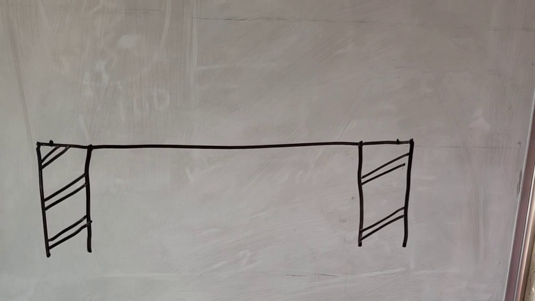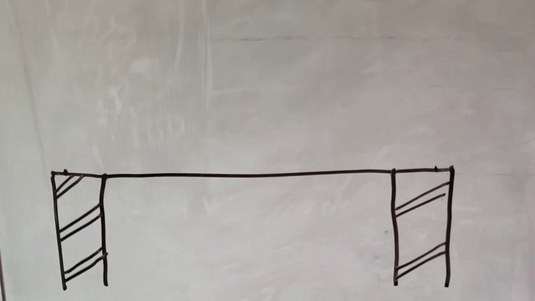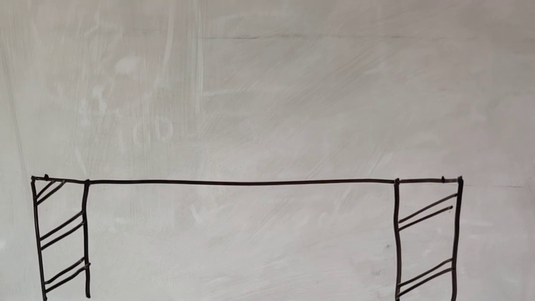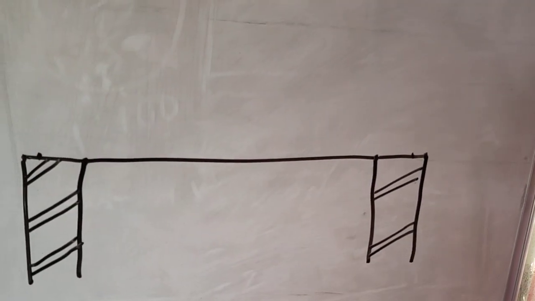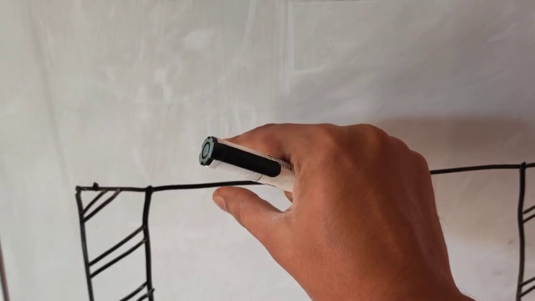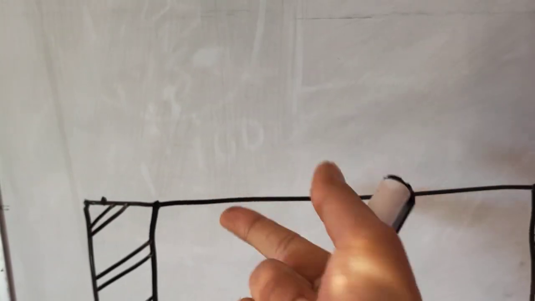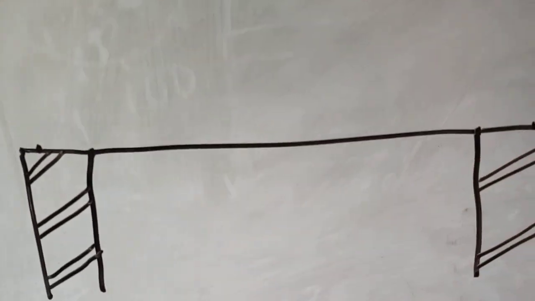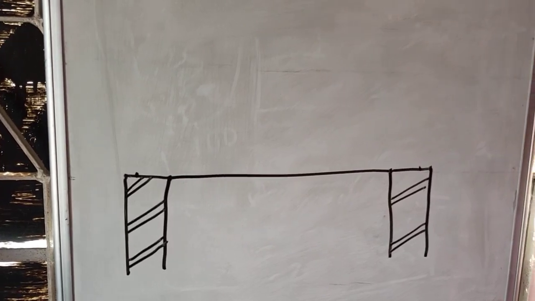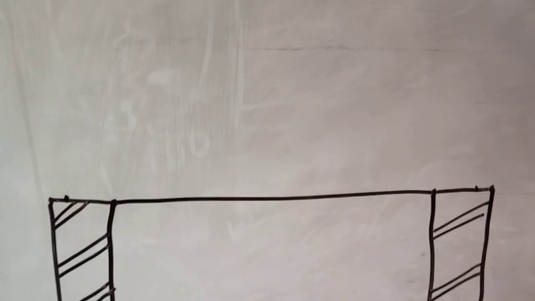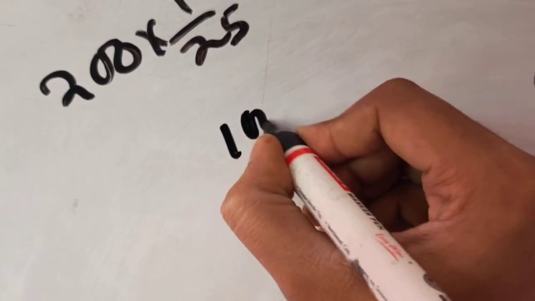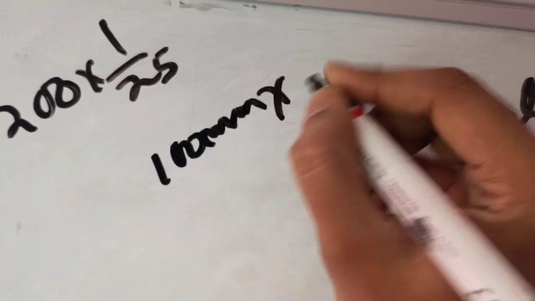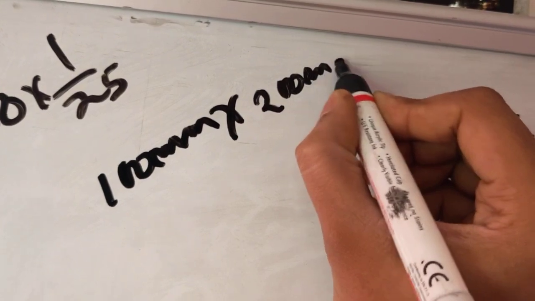Okay. Now if you look at the drawing that I have given you, the size of the tie beam was given as 100 by 200 millimeter. That means 200 is the breadth and 100 is the thickness, which is inside, like this. So first of all we will complete the tie beam. Okay. So what is the size of the tie beam? 100 millimeter by 200 millimeter is the size of the tie beam, and this is going to be the breadth. This is 200 and inside it is 100.